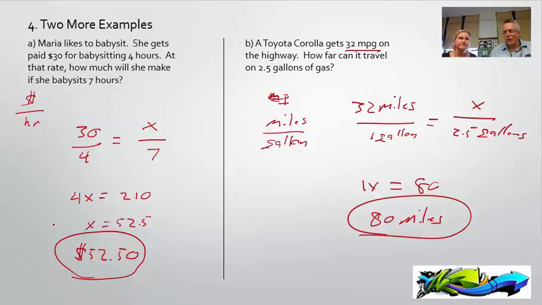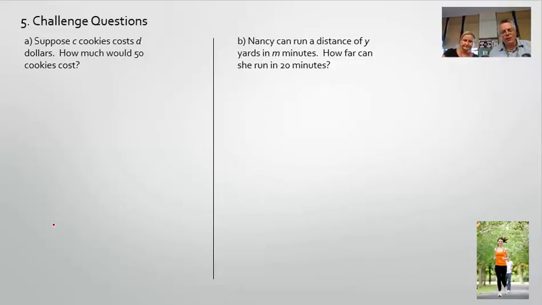All right, we're almost done. We got 2 quick examples. And these are a little bit more challenging because there are more variables in them. It's kind of the same thing, Mrs. Les. So we got to kind of keep straight what we were doing before. Yeah, so as long as you set up your proportion.